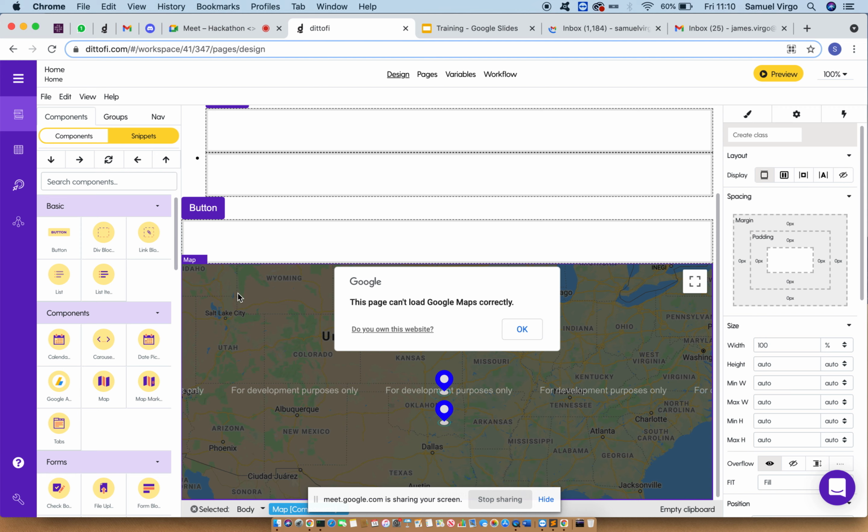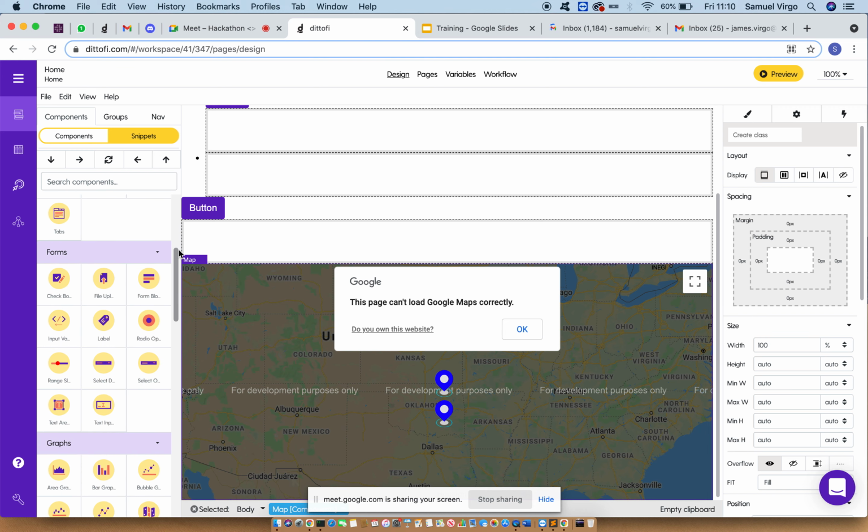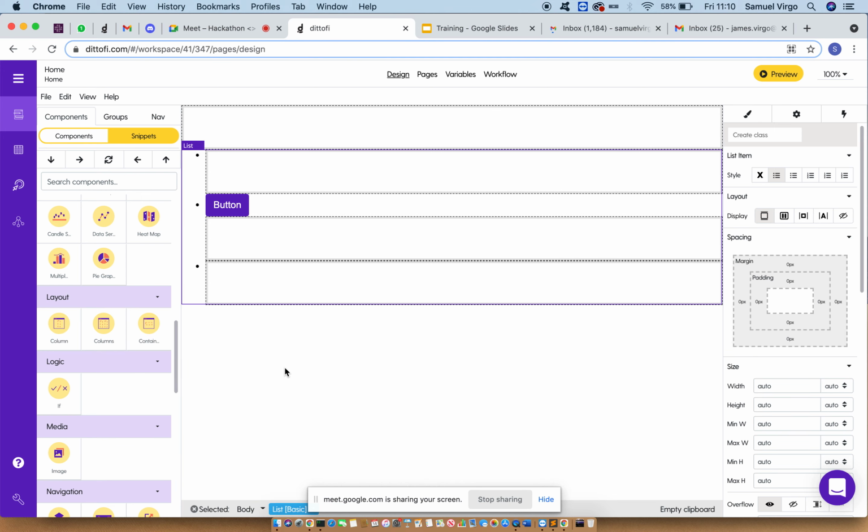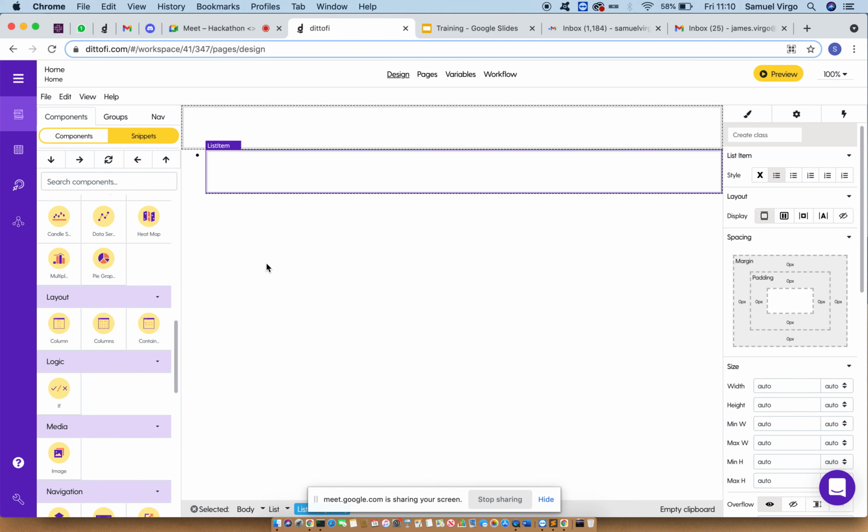So the question then is, how do you actually build your screen up and position stuff correctly on the screen if everything by default is just going to be sitting on top of each other, dropping down the screen? So to do that, you basically need to scroll down to this layout section here. And under the layout section, you have components which basically allow you to achieve more advanced layouts other than stuff just dropping down the screen on top of each other. So if I just delete some of this stuff here by clicking on it and just pressing the delete key on my keyboard,